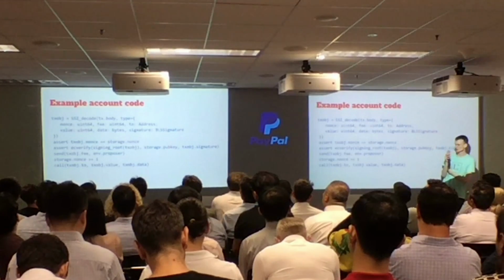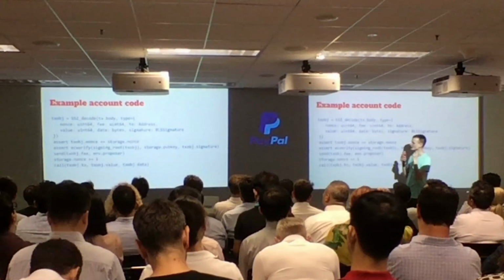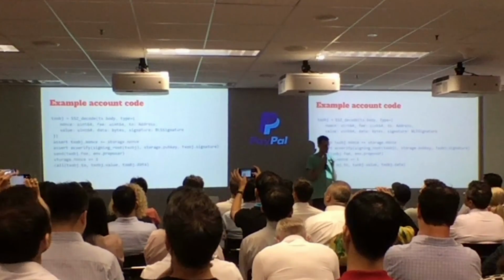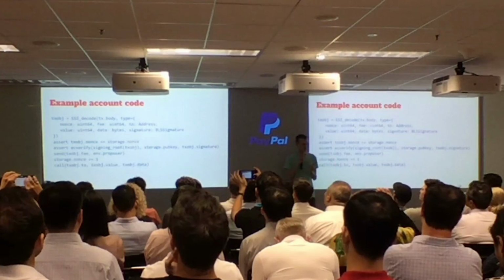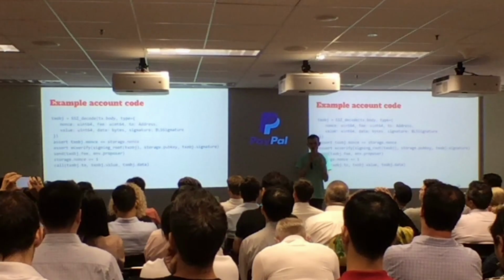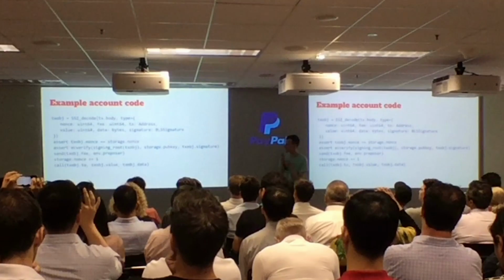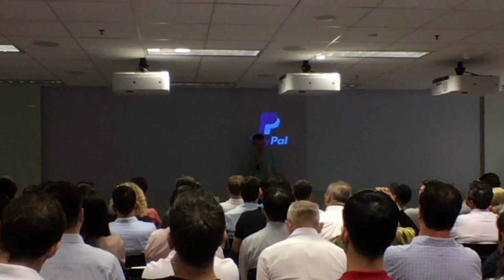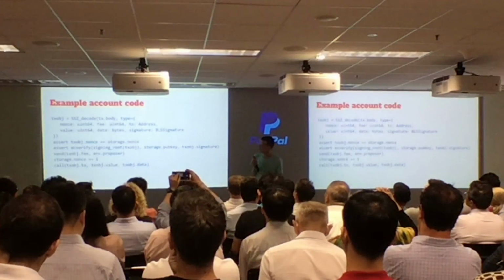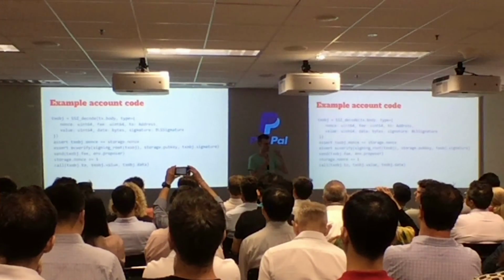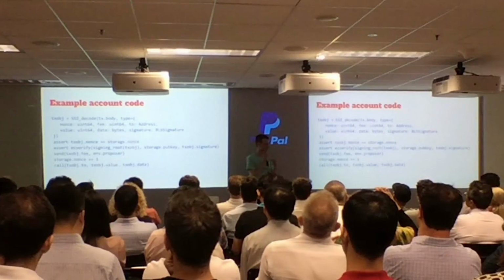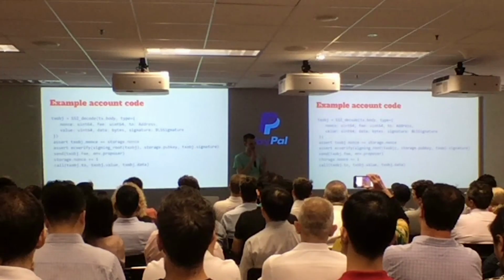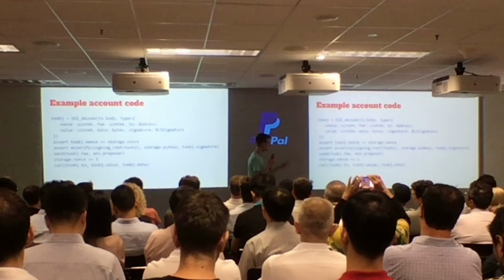So let's think about this more concretely, right? What will this look like? Yay, code. So this is an example of roughly what a piece of account code might look like for a contract that is representing a user account, right? This piece of code has access to the body of the transaction, and it's going to interpret it as an object that has a bunch of parameters. So it's going to treat this as an object and deserialize it into this class. And now we're just going to do a bunch of